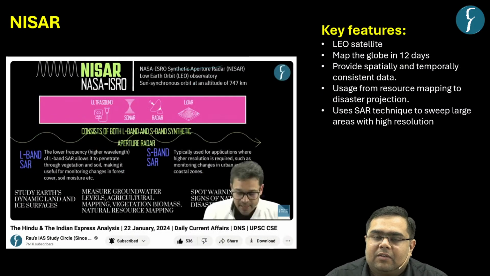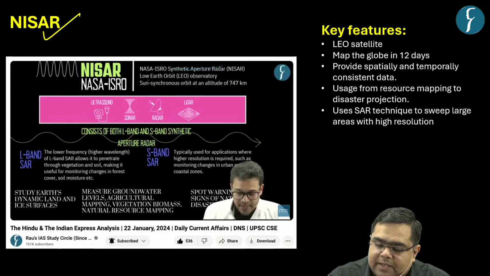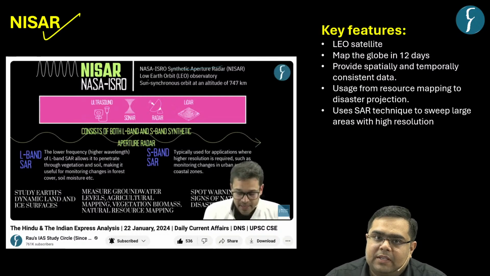The next topic that was taken with respect to your preliminary examination was NISAR. So what is NISAR? NISAR is a short form of NASA ISRO synthetic aperture radar. As the name suggests, it is a synthetic aperture radar that is located in space in the form of a satellite. Usually, satellites are sent to space and radars are the ground locations to which the satellite sends signals. But the unique aspect of